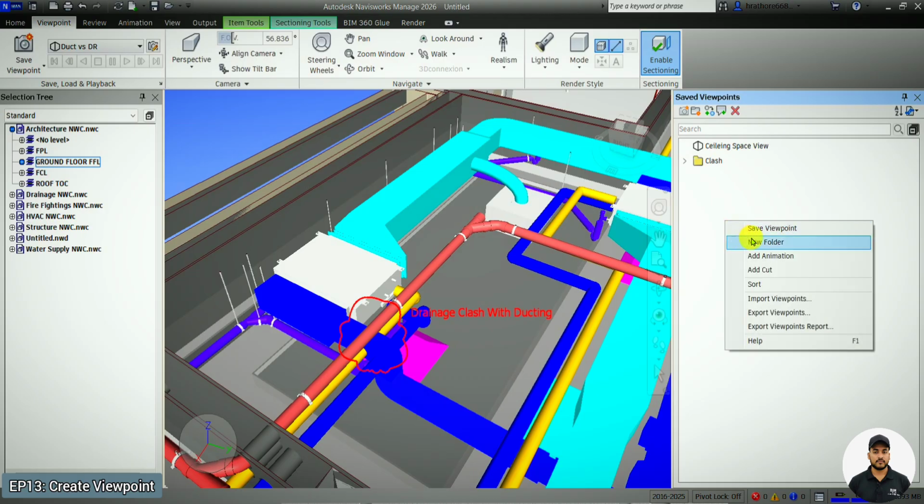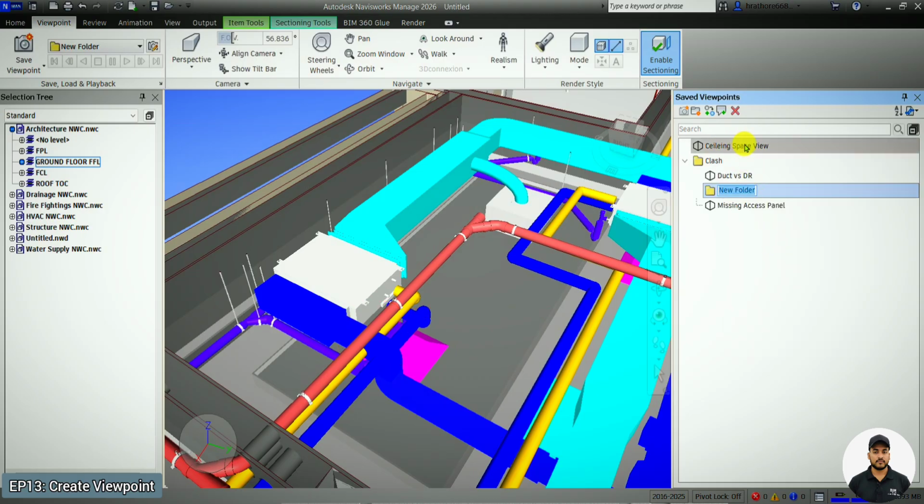Then again new folder, here we'll say 3D view, and we'll be dragging this under the 3D view. Okay, so missing this one under the clash. So like this you can also create folders and save your viewpoints under those folders. Okay, understood? Now if you want to share those viewpoints with the client as an XML report, for that you have